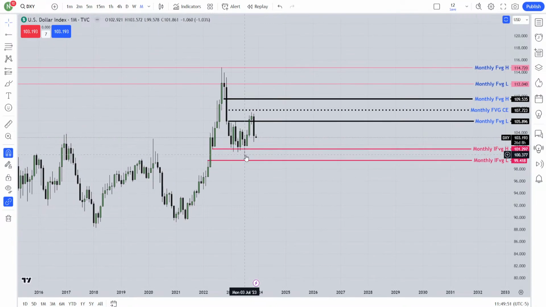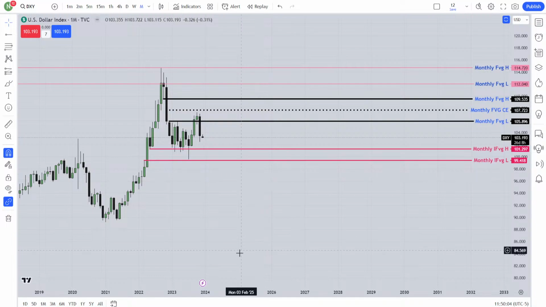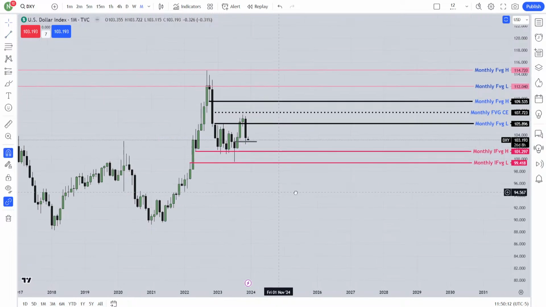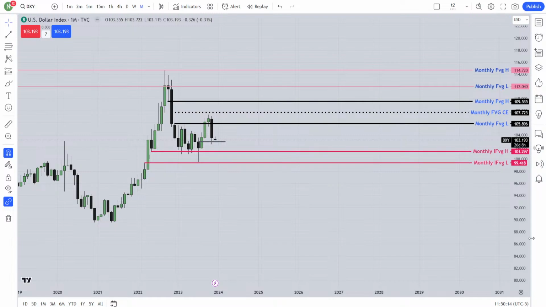So price came to this fair value gap, it went higher. Where did it go? There is another fair value gap. When price came lower, it made this fair value gap. So it came to that fair value gap. Now it has been rejected. Where did it come? I can see there is an order block over here. So that is the order block. It came here, to that order block level.